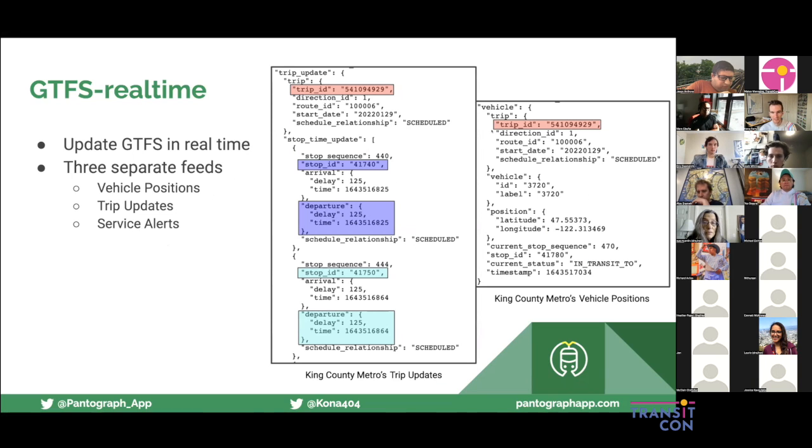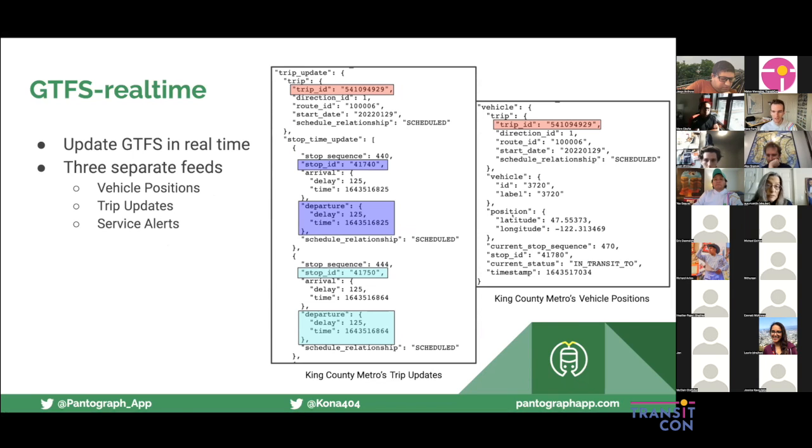And I've got samples of little snippets of those here on the slide representing the same trip in those 2 separate feeds. Most transit apps that we communicate with on a regular basis are using this trip updates feed to provide the real-time arrival estimates at a given stop and to do trip planning based on real-time information on where the buses are or are not if that trip happens to be marked as canceled in the real-time feed. Pantograph makes a little bit heavier use of the vehicle positions feed as well, considering that's sort of the main purpose of the application, of course, that real-time map. And this is where we get to see where all of those vehicles even are to begin with.